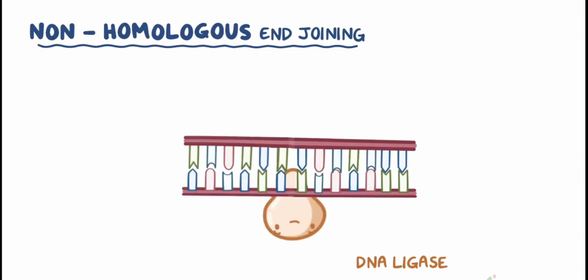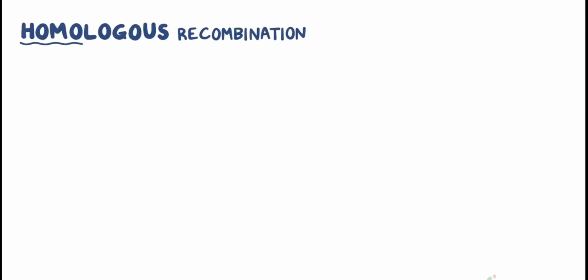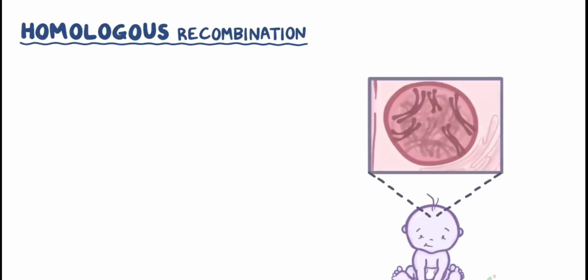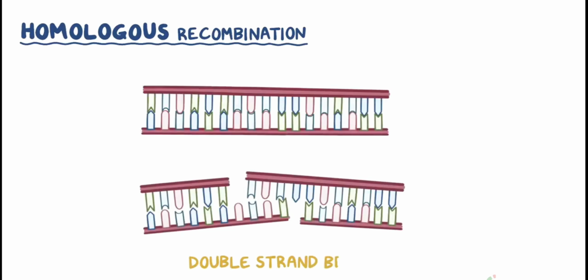Since Artemis cuts off some nucleotides, non-homologous end joining is an error-prone repair that leads to a loss of genetic information. The other repair mechanism is called homology-directed repair, which relies on homologous recombination. Our 46 chromosomes come in 23 pairs of 2 homologous chromosomes, which code for the same traits, and therefore have similar nucleotide sequences. As a result, a double-strand break on one of the chromosomes can be repaired by using the